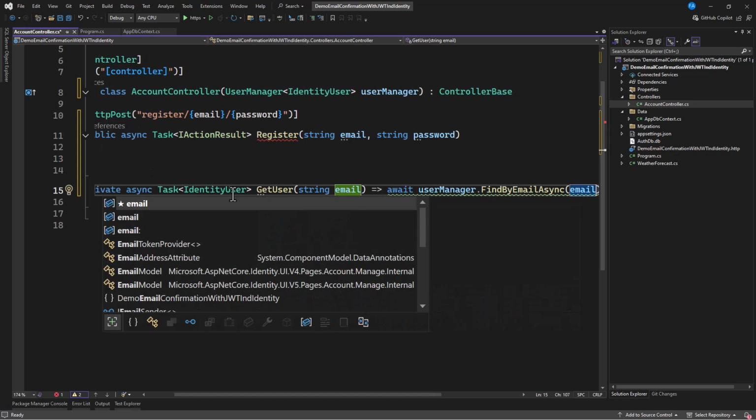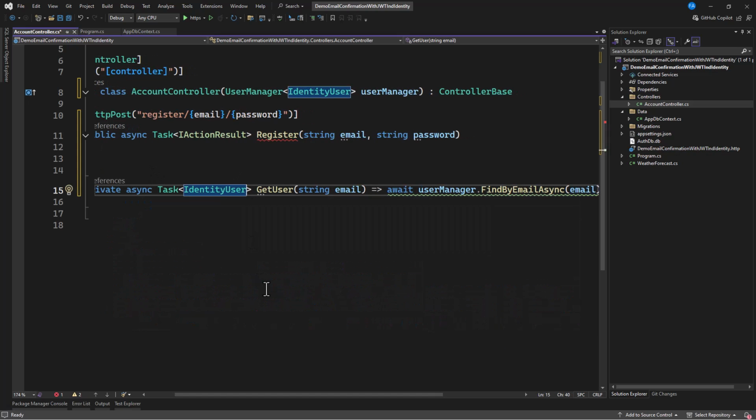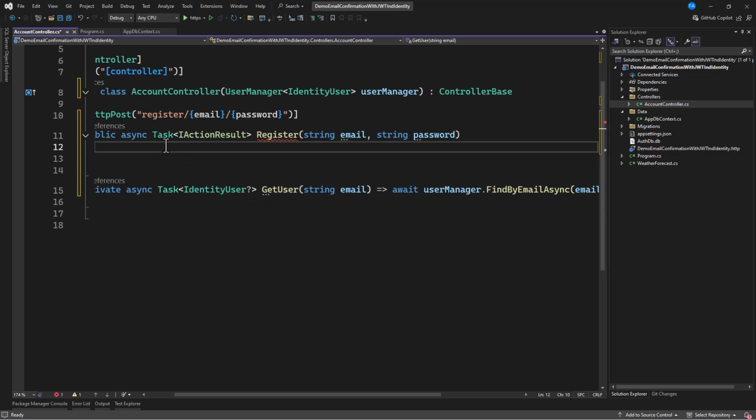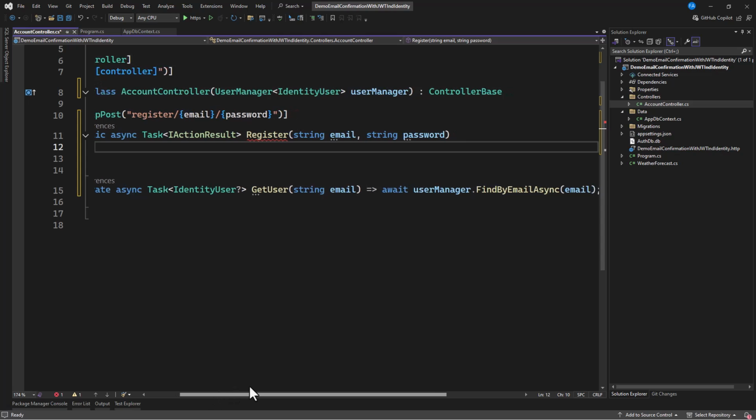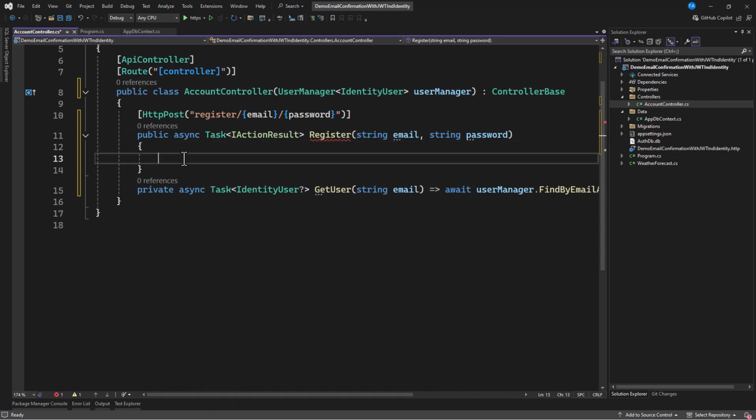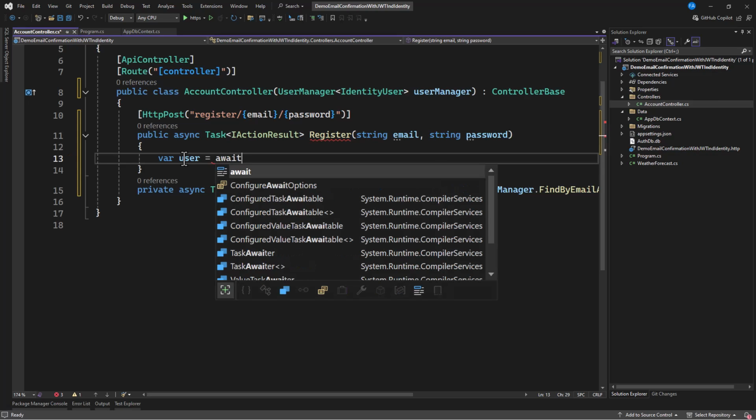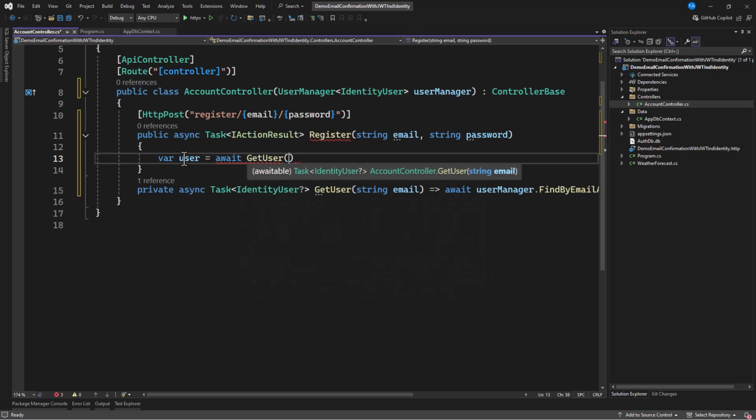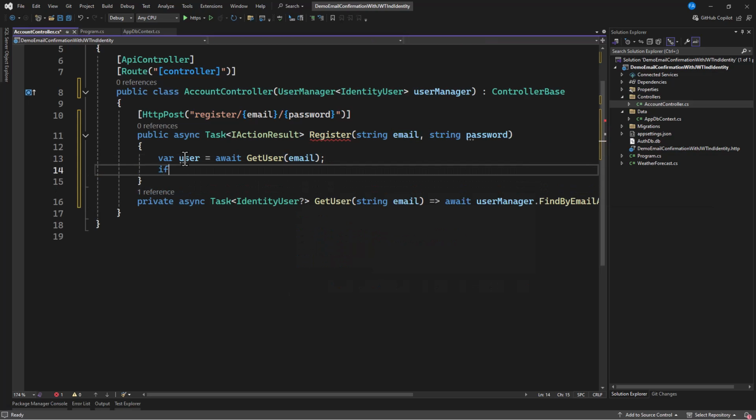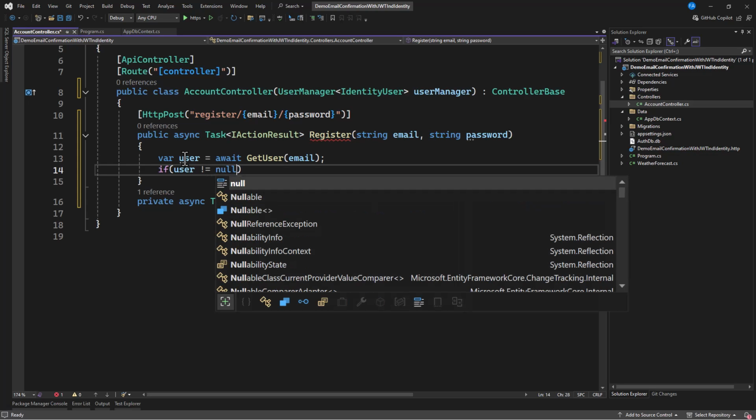It could be that this could be null, isn't it? So let's make this nullable. Now let's grab this, and into our method that we have, let's have our user is equal to await get user passing this email. So when this comes in and we are saying that if user is not equal to null, then we want